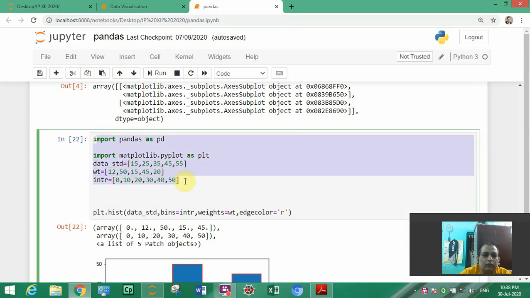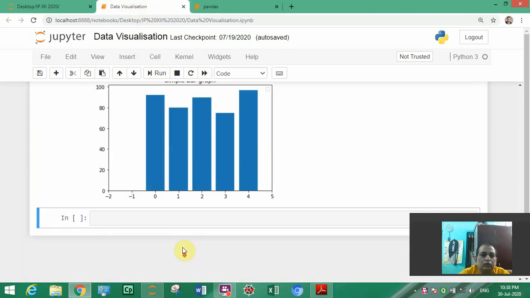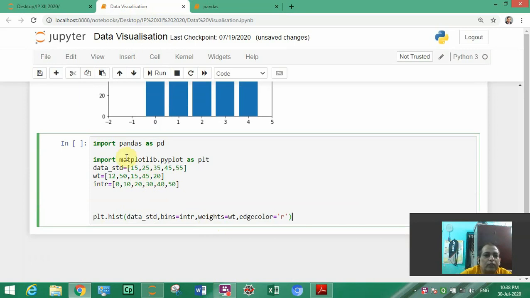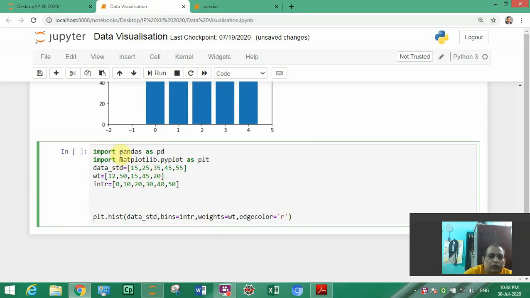For that I will take this program and make you understand. Here I will copy this one. What I have taken, we have imported pandas, which is not necessary, I will delete it, it will not confuse you.